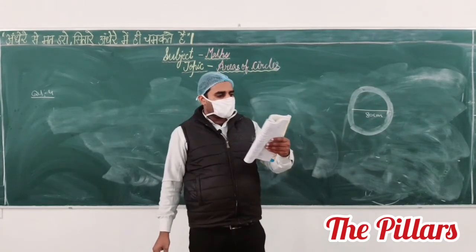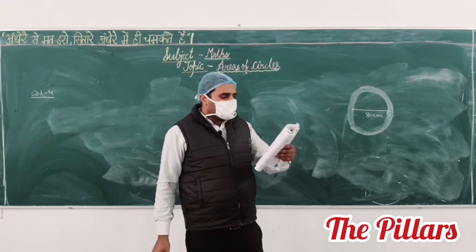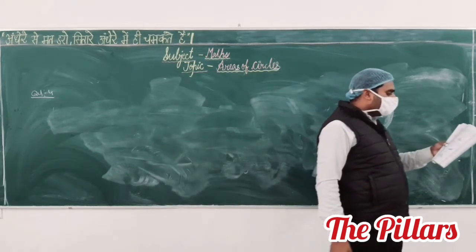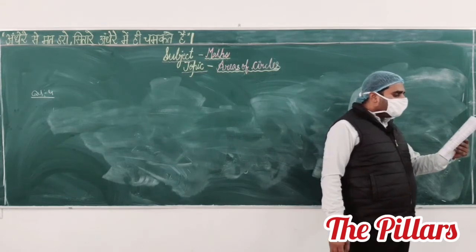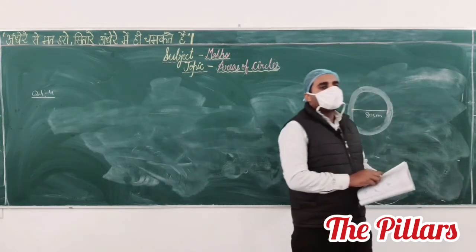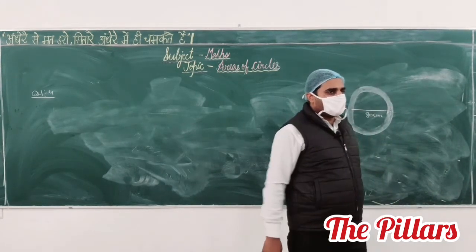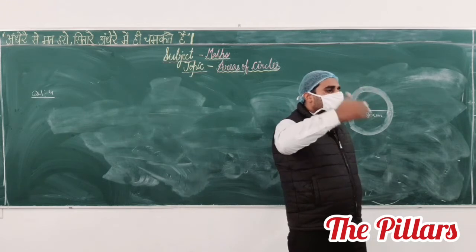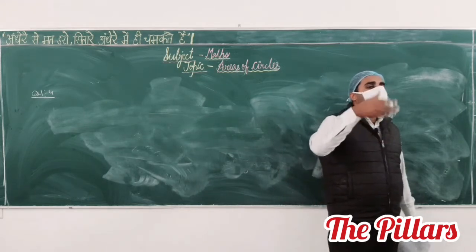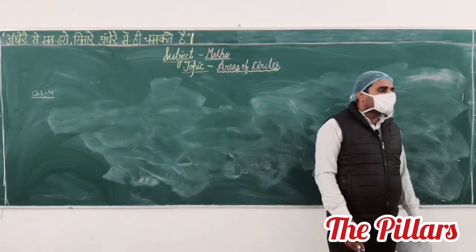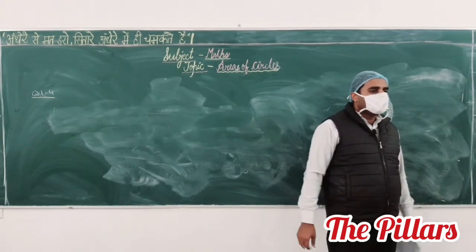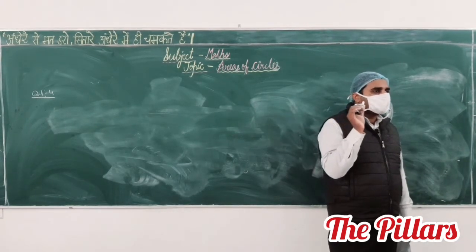How many complete revolutions does each wheel make in 10 minutes when the car is traveling at a speed of 66 km per hour? Suppose a car is moving at 66 km per hour. Whenever the car is moving, its wheels are rolling. The question asks how many revolutions it will take. So first you have to calculate the total distance traveled by the car.